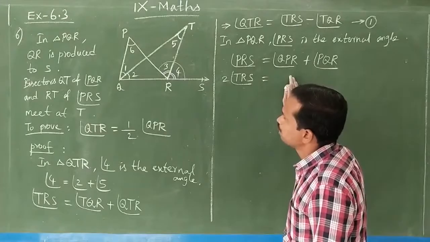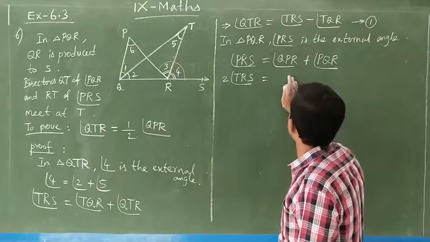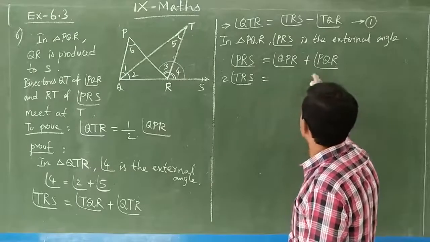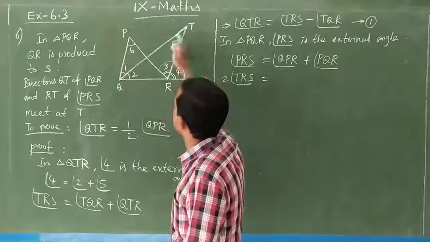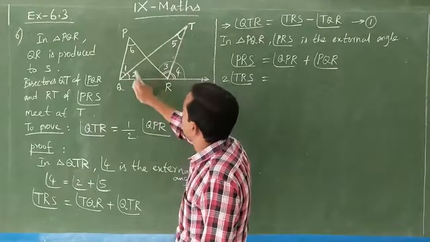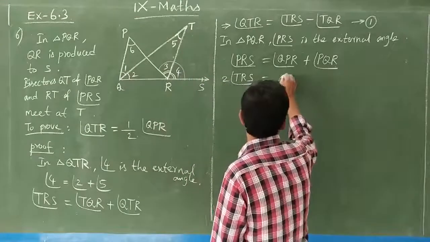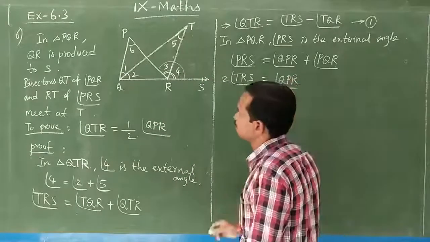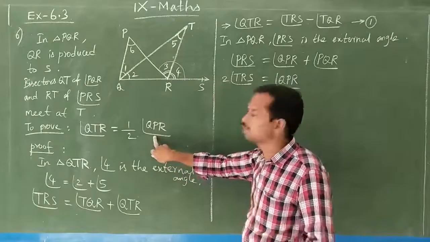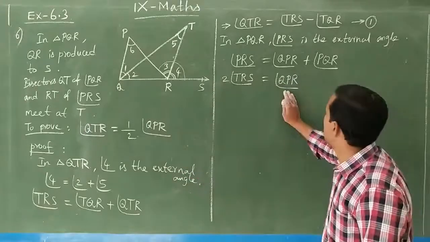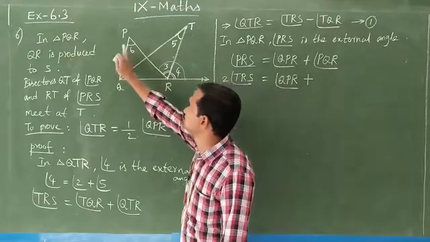And now QPR. So QPR is not a problem, because we see the next one PQR. PQR, you see the bisector is there, QT. So angle 2 and angle 1 are equal. Am I right? Because QT is the bisector. So you write this as QPR. Here we have QPR in the proof. So don't disturb that. Let it be QPR. Clear? And now PQR angle I am going to write as, you see clearly, carefully,